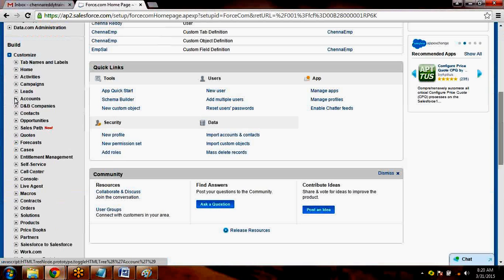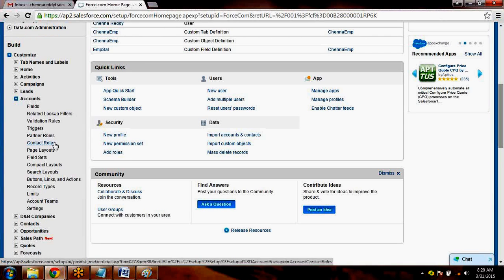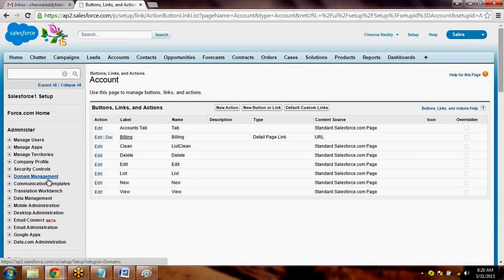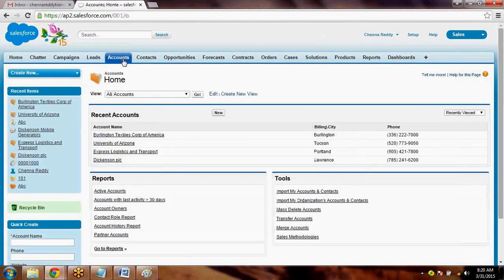Go to Buttons and Links and Actions. So there is a view object. Please look here. What I am trying to say is that I click on accounts, I click on view,